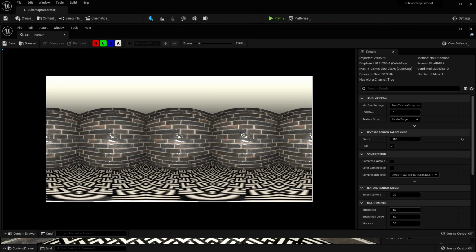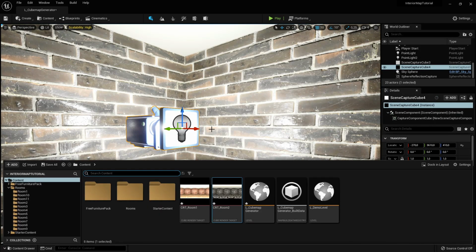Now I'm going to go ahead and create multiple rooms off screen, but because we have 2 rooms, we can already go ahead and set up our basic shader. So let's go ahead and do that. Firstly, we want to close out of the CRT Room 2, open up our content browser, right click,